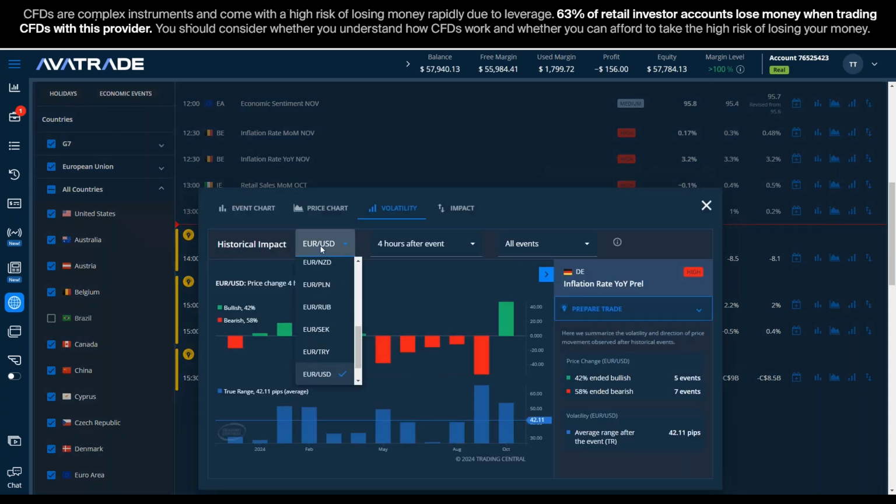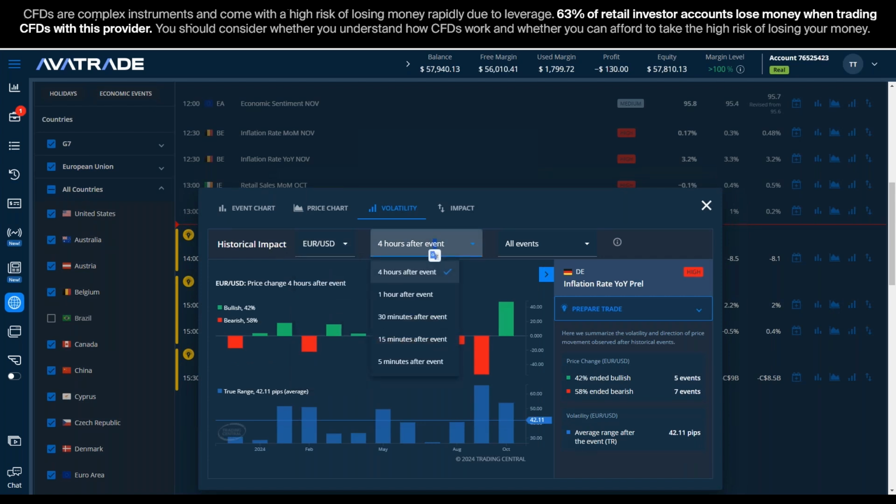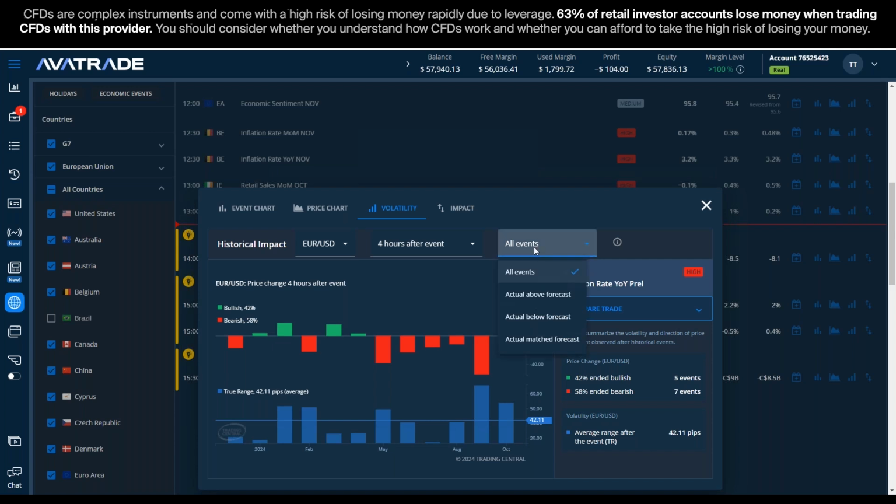So we can pick any currency pairing with the euro. We can leave it on Euro USD. We can pick different time frames after the past announcements to see how the currency pairing moved. And I'll leave it on the 4 hours for now. And we can qualify how the numbers came in. So if these numbers come in above forecast,